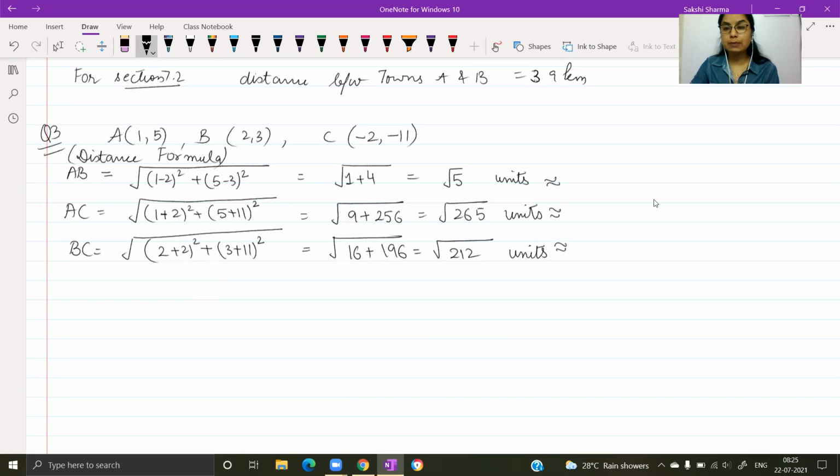It's not necessary that if you are given points A, B, C then AB plus BC equals AC must hold. It's possible that some other point, like for example, point C could lie between A and B. A could lie between B and C. You will have to look at the distances, and based on that, you can also tell which point lies in between and which two are the endpoints of the line segment.